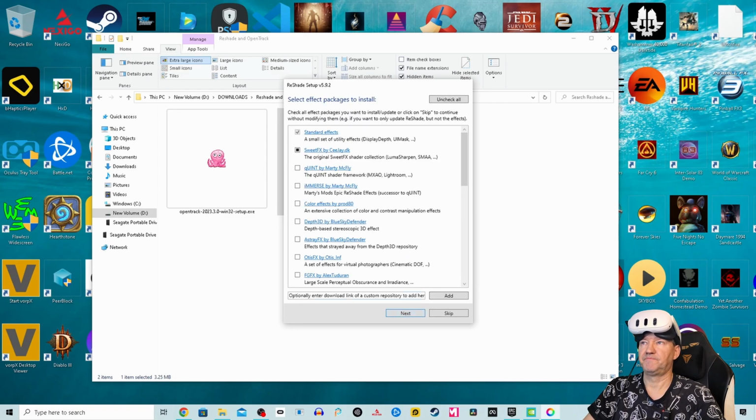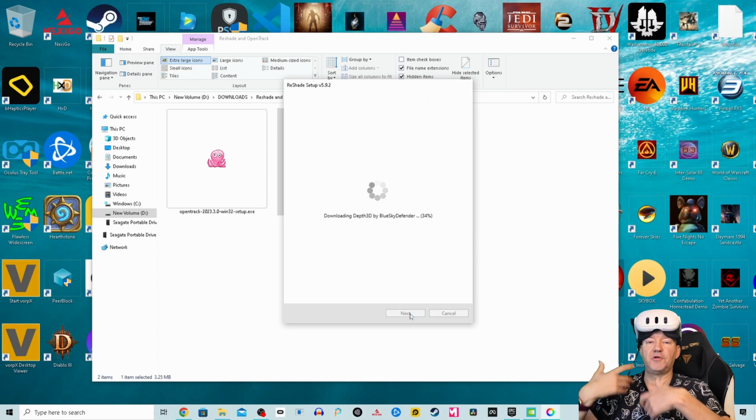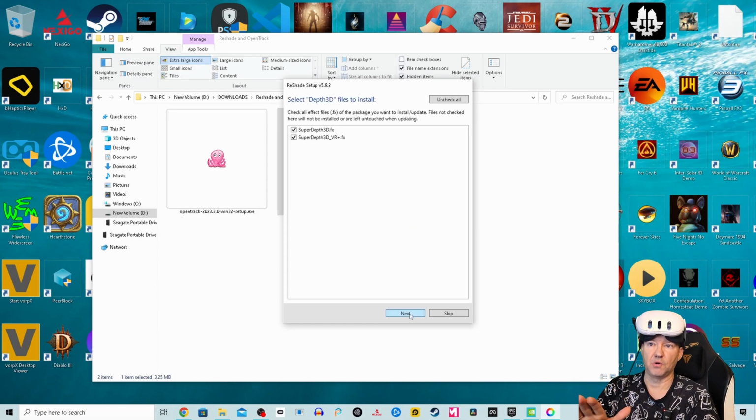Click on next. Uncheck everything. Click on Depth 3D by Blue Sky Defender and then click on next. Reshade is now downloading all the files and it's putting those files into the game folder. Click on next